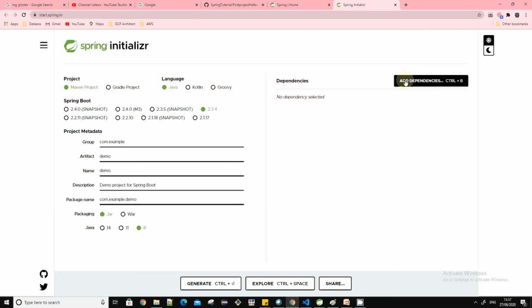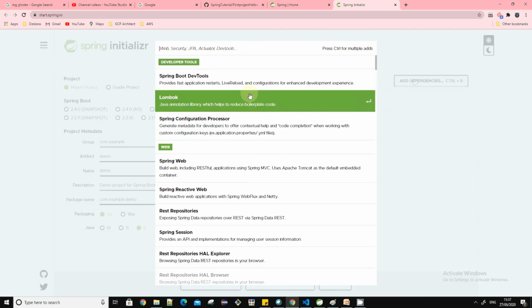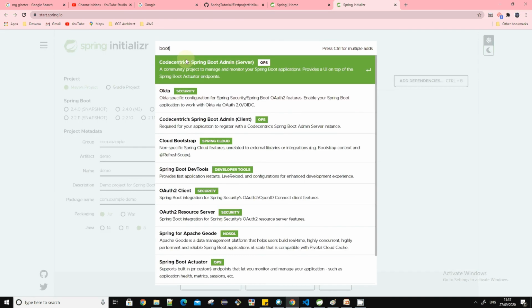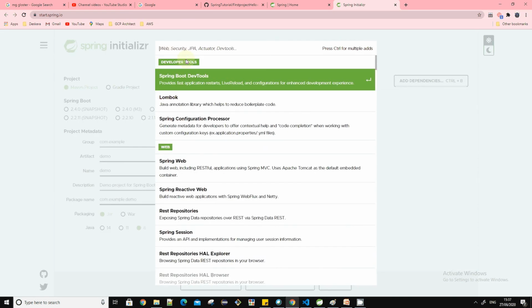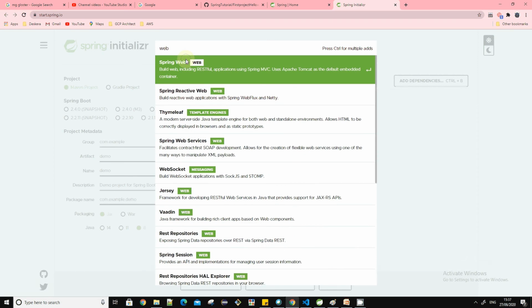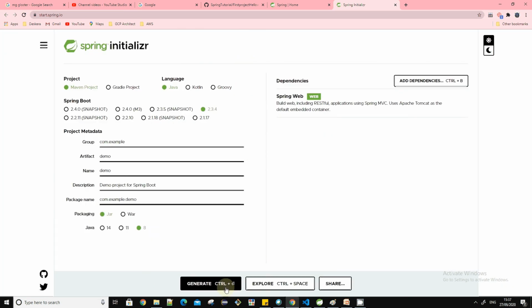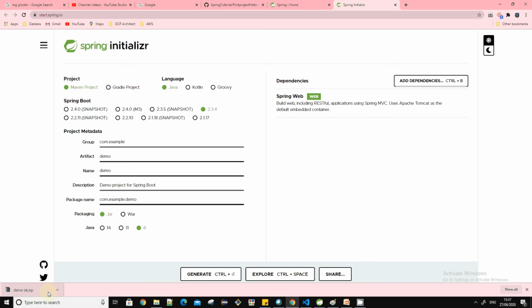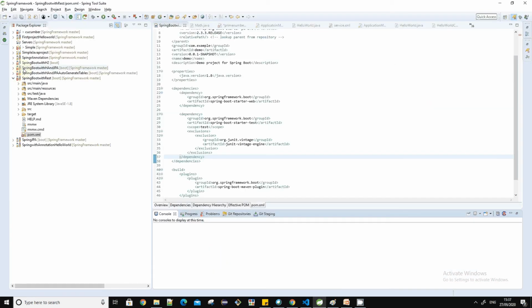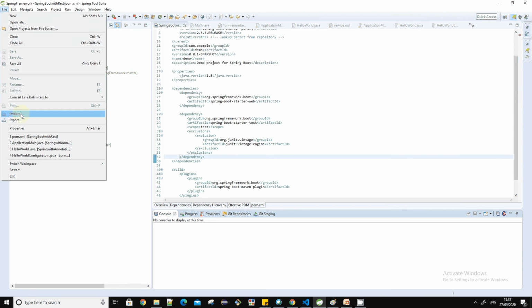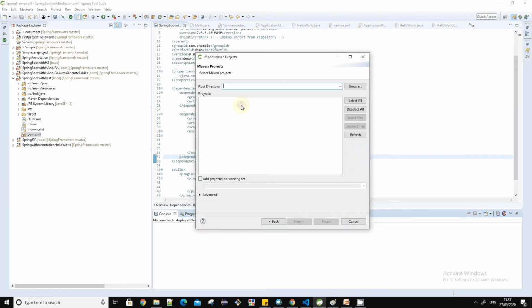other language. Once this is selected, you can add the dependencies, like one is kind of a Spring Boot. We are creating the REST application, so we'll add a dependency as a Spring Web and just click on generate. So it will generate your project. You can unzip it and you can include it into your Spring Tool Suite. Just unzip it, go to the file, then import, and then you can click on existing Maven project, and that way you can import a project.